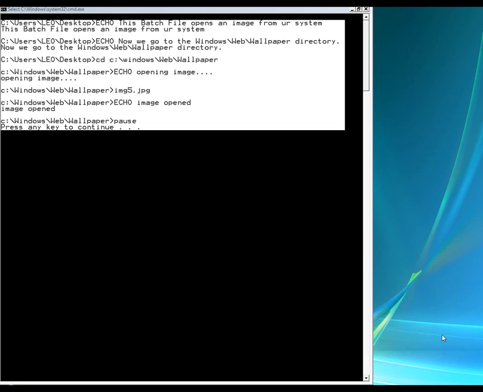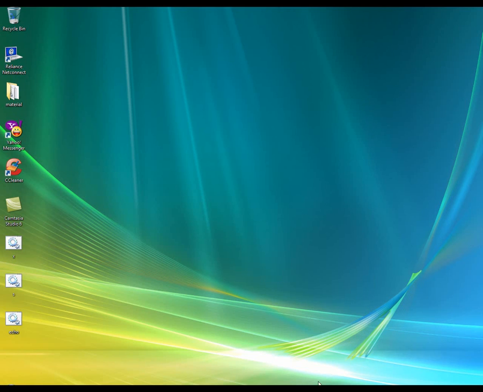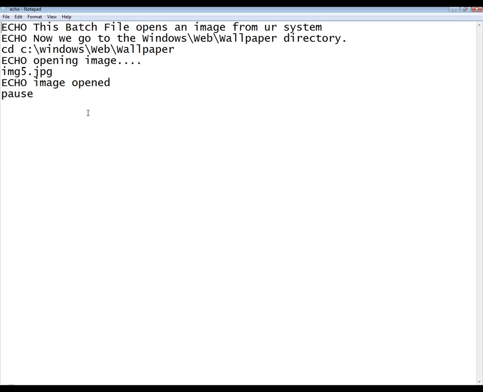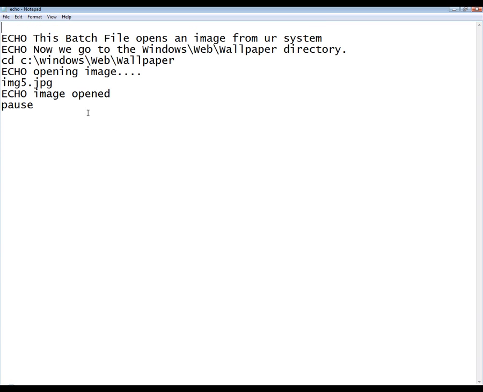To prevent DOS from displaying the command being executed, simply precede the batch file with the following command at the beginning of the file, echo off. Once we add the above line to our batch file, the output becomes pretty good and easily understandable.